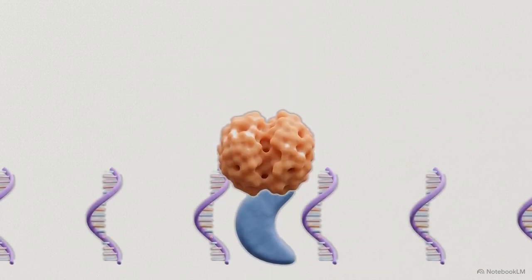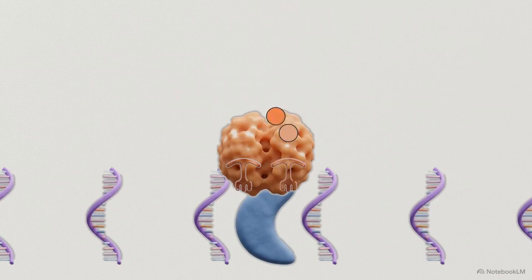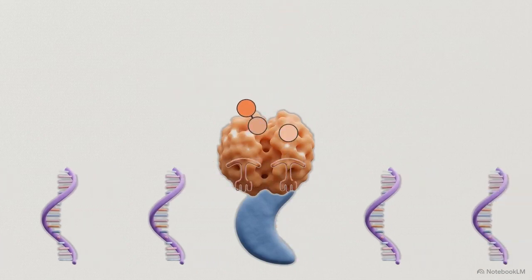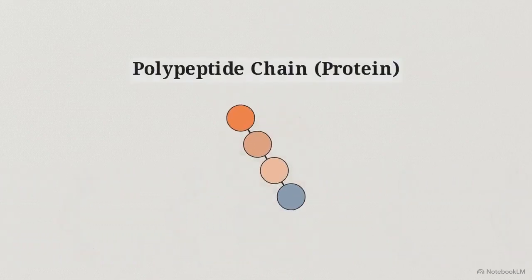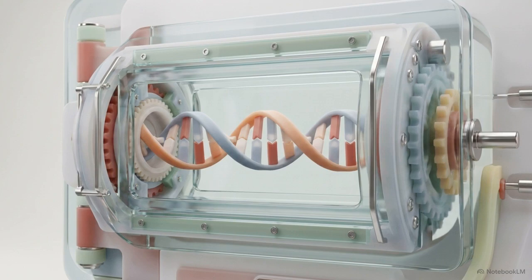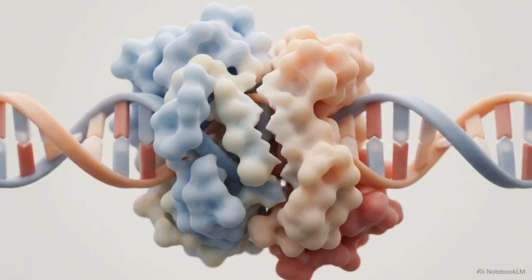Next comes translation. Ribosomal RNA forms the physical factory floor of the cell, while transfer RNA acts as the delivery fleet, carrying specific amino acids to the ribosome to build the precise protein encoded by the messenger. If DNA is the master blueprint locked away for safekeeping, RNA is the active fleet of messengers and builders that physically construct the organism. But this immense biochemical machinery is not